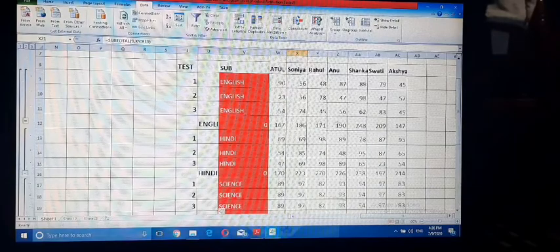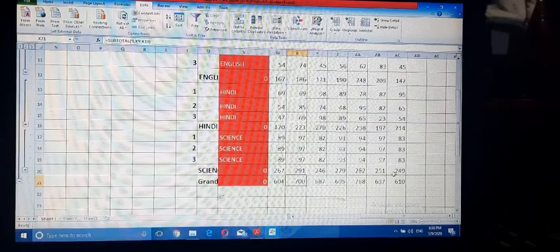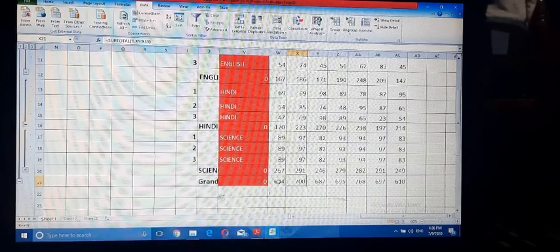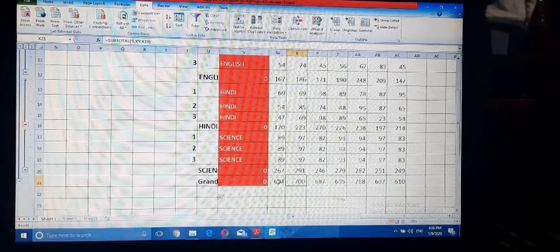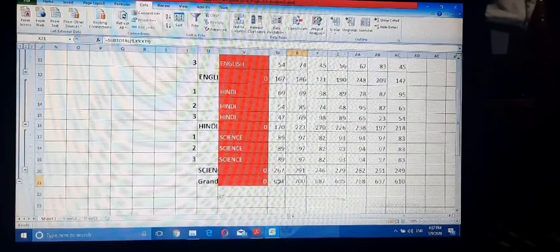This is the English subtotal, this is the Hindi subtotal, this is the Science subtotal, and this is the grand total of all subtotals. In this way, you can perform subtotal.